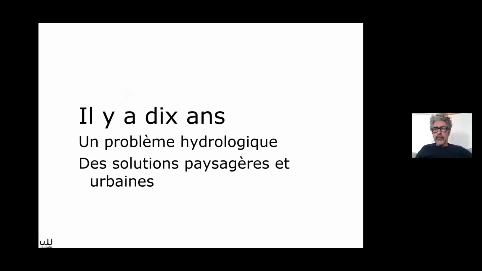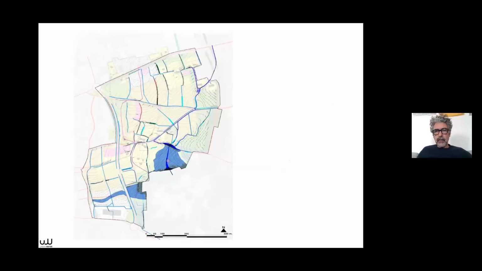So 10 years ago, we said to ourselves, well, at the end of the day, we are there to manage rainwater, and we want to have something that's quite natural when it comes to the water cycle. And obviously, topography is a determining factor. So if we let the water run down according to the natural environment, we can redesign the city according to its geography. And so by solving these water problems, we can redesign things.